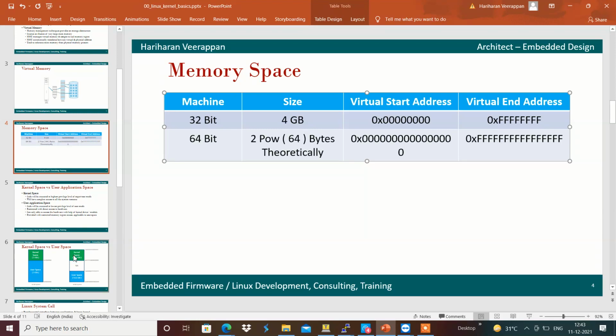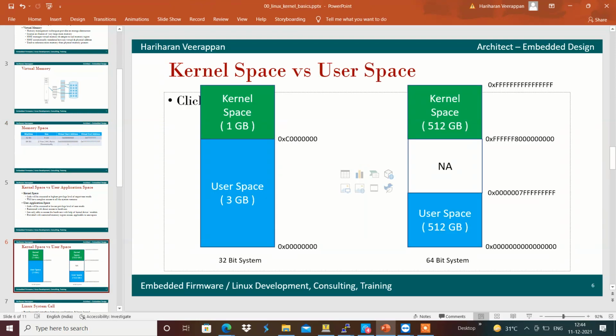In the 32-bit systems, 1 gigabyte of virtual memory is used for the kernel space and 3 gigabytes of virtual memory is used for the user space.